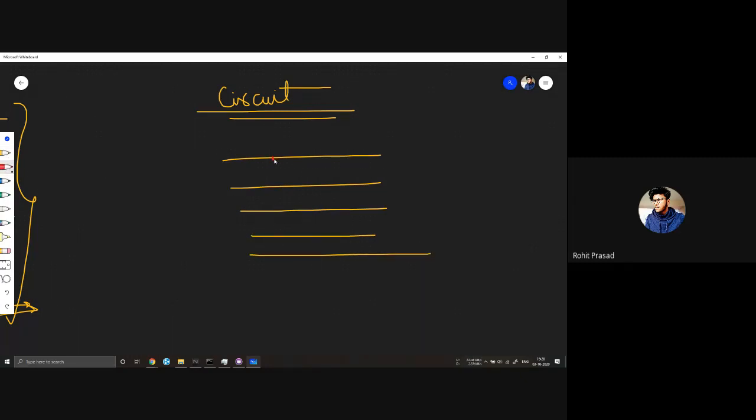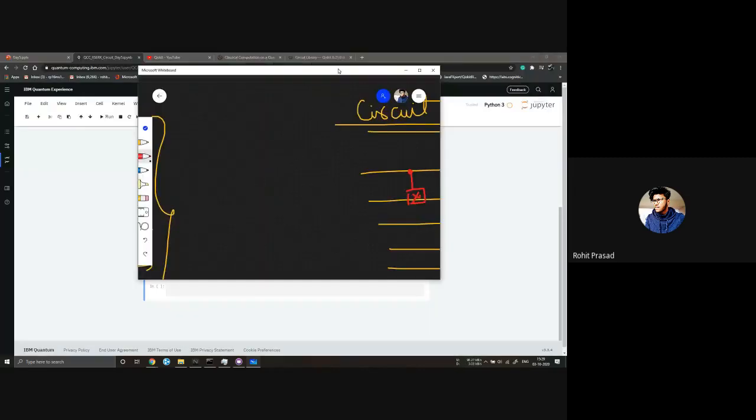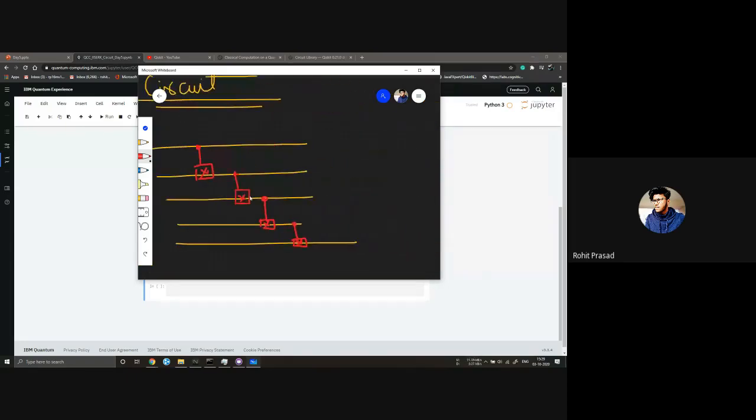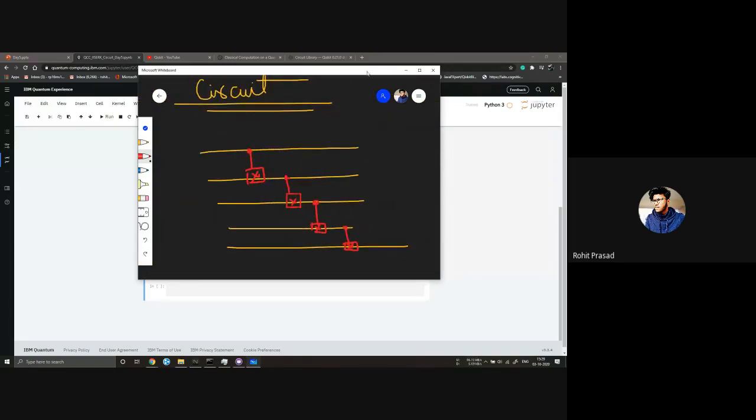What I want is a control here and an X here, a control here and an X here, a control here and an X here, and like this to the end. Okay, this is what we want to make in the quantum circuit. So let's see how we can do this on that circuit.